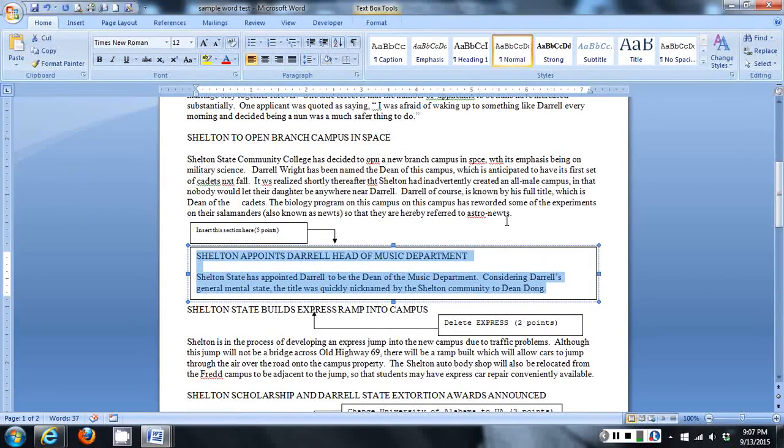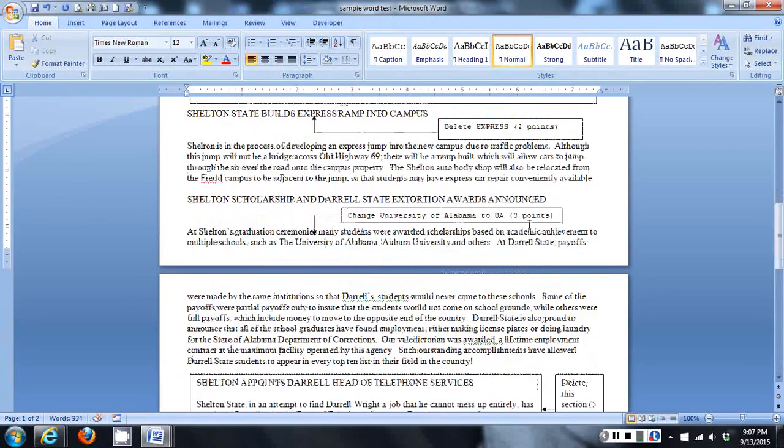That's perfectly fine to do. You can either type it in or you can copy and paste it. You know, the point of Microsoft Office is it's a productivity software suite, so copying and pasting is fine. Alright, let's see. Our next task is to delete the word Express out of the heading Shelton State builds Express